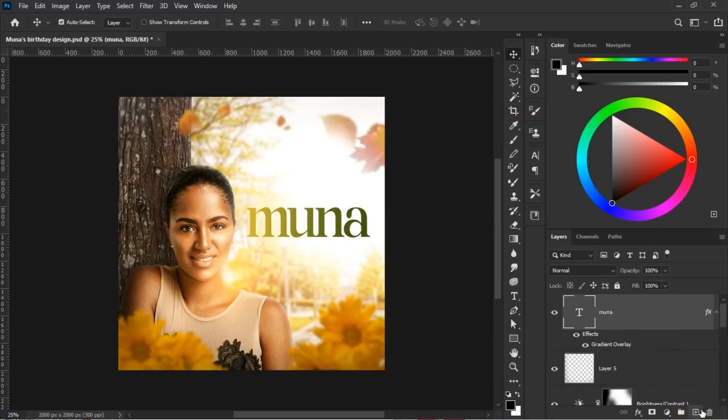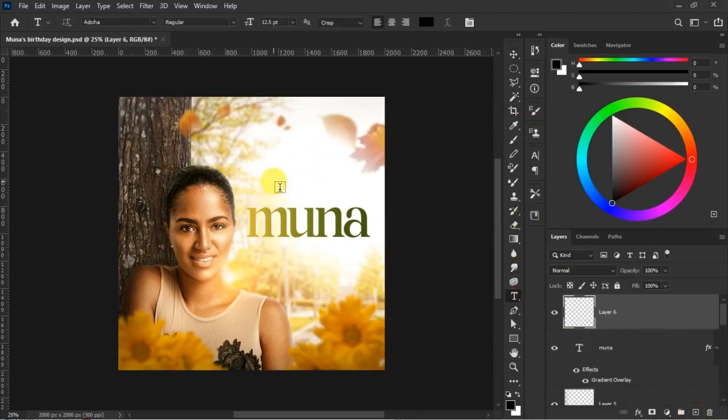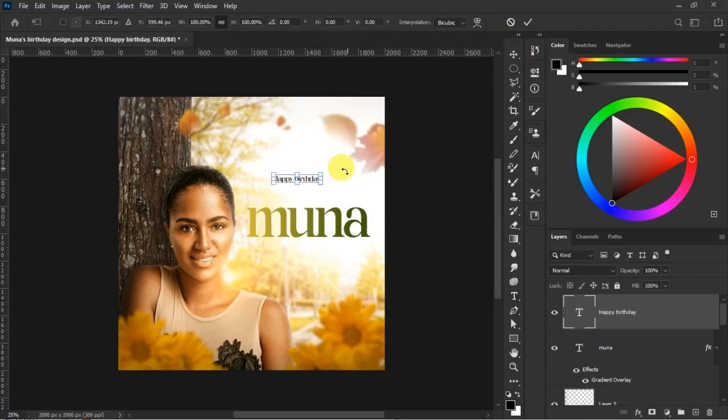Okay, back to the tutorial. Alright, so I create a new layer. I pick my text tool and type happy birthday, because it's a birthday design. So, happy birthday. Okay, just as I said earlier, I didn't use my system,